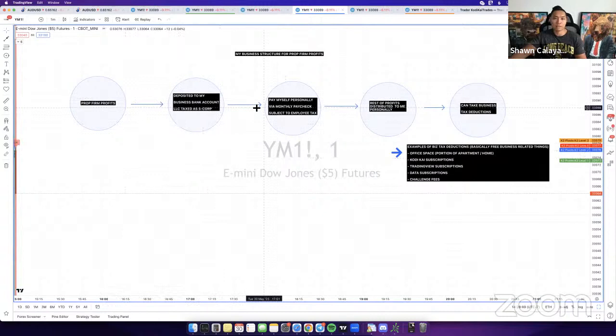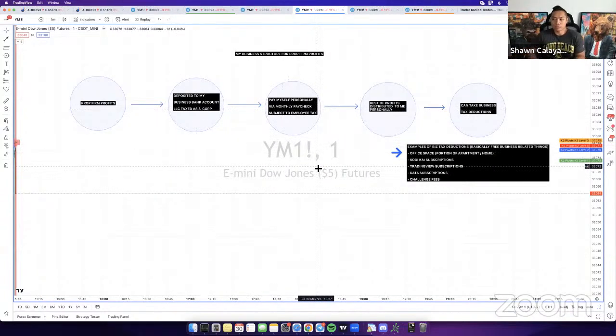So if you get taxed this way, you get taxed as an independent contractor or self-employment. So you're basically getting a way better tax versus getting taxed as an individual. You can also do this as a sole prop, but this is just how I do it. If you're not making a lot of money trading, then take the sole prop route. If you start to make a little more, take the LLC route. And if you start to make more, you go the S corp route. I'm making a lot from trading, so that's why I take this route.